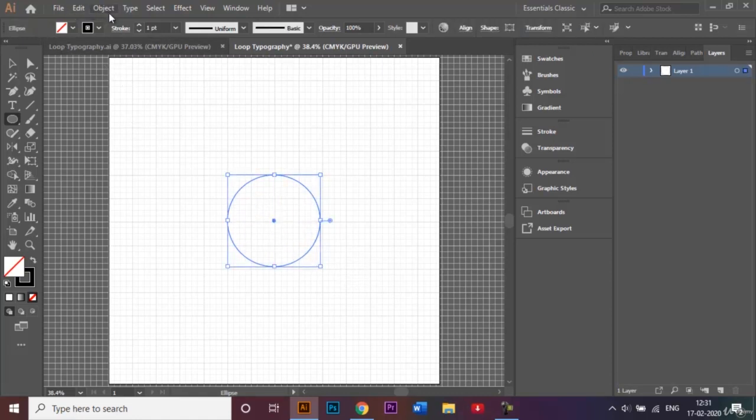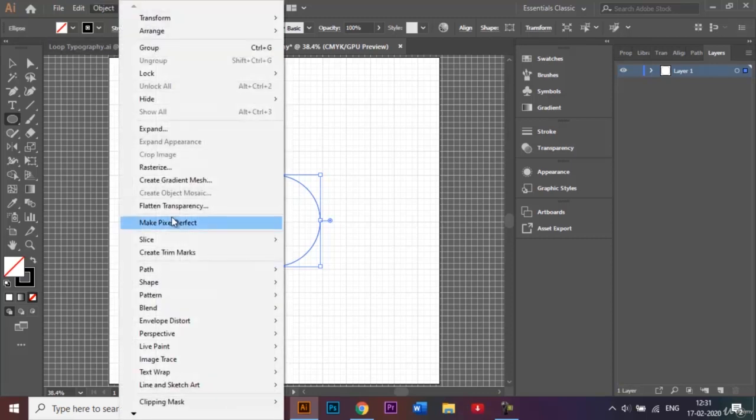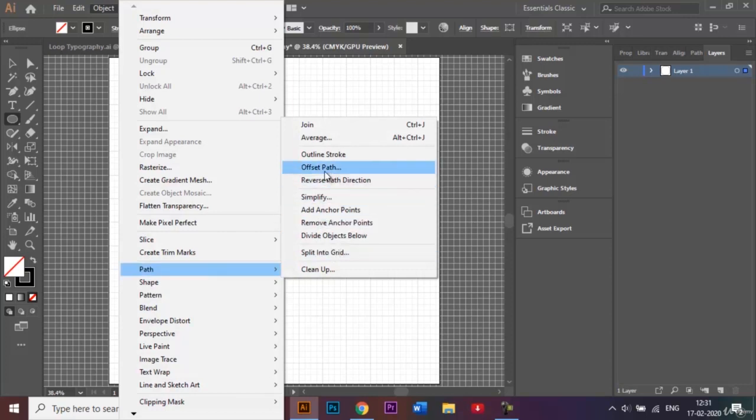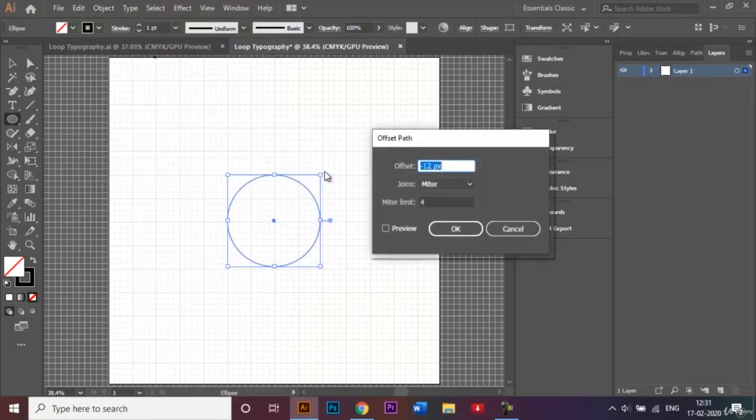Okay, so after that's done, we are going to make some multiple copies of the circles right inside this circle. To do that, we'll go to Object, Path, and click on Offset Path. Over here in this offset panel, we have to give a particular value as to how much smaller we want our next circle going to be. So you can let it be -12, or we could just nudge it up a little bit more and make it -15 pixels. Click on preview to see, and you can see a smaller circle is formed right here,